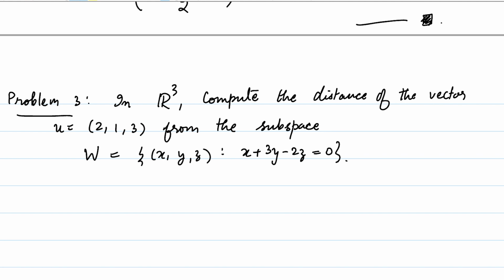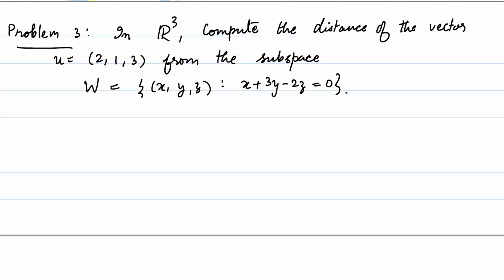So if you recall, what we had done was that we computed the orthonormal basis of W, and looked at the projection as being the unique vector, let's call it V, such that there is a unique W, such that our given vector can be written as V plus W. And this vector V is the closest vector in W to our given U. We just have to compute the length of U minus V.